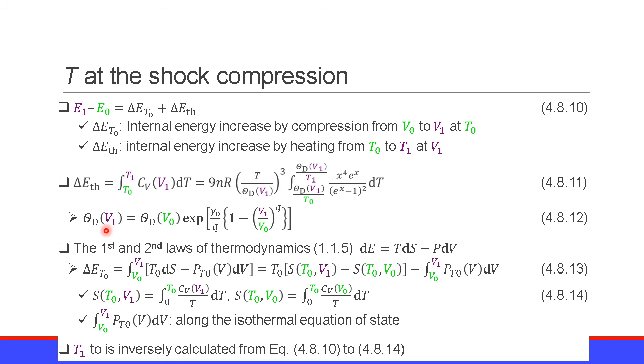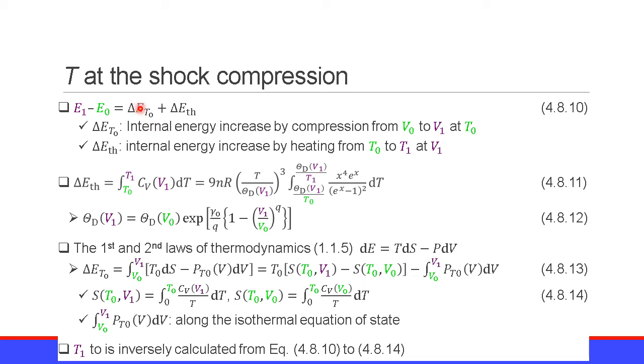And the temperature after compression to volume V1 can be expressed by the temperature at the volume before compression, V0, times the exponential function of the Grüneisen parameter divided by the compression volume, exponent of the Grüneisen parameter times 1 minus V1 over V0 to the power q. Then